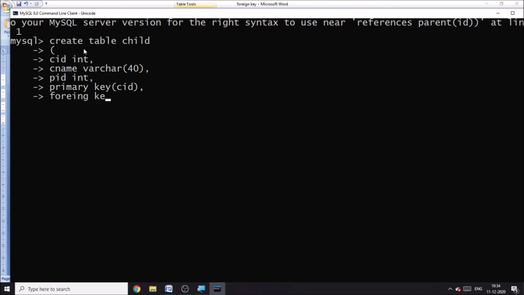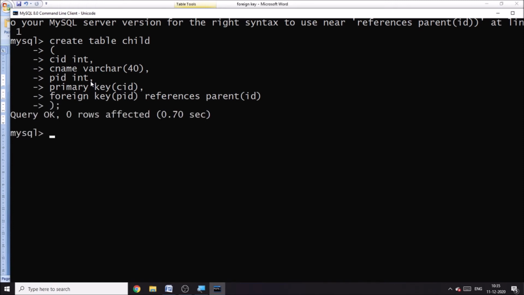Foreign key is PID, foreign key PID, which references parent ID. So you can see that the table has been created.